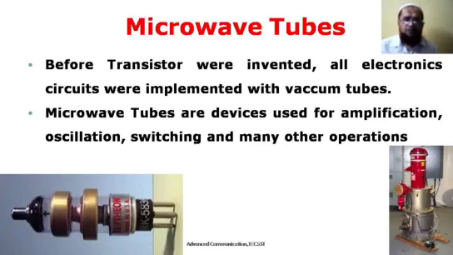earlier in all electronic devices, all electronic circuits were implemented by using vacuum tubes. What does this tube consist of? It's a tightly packed glass structure, and inside that we don't have anything. It's completely filled with vacuum,